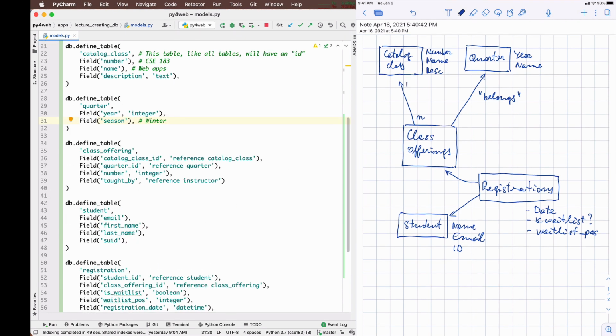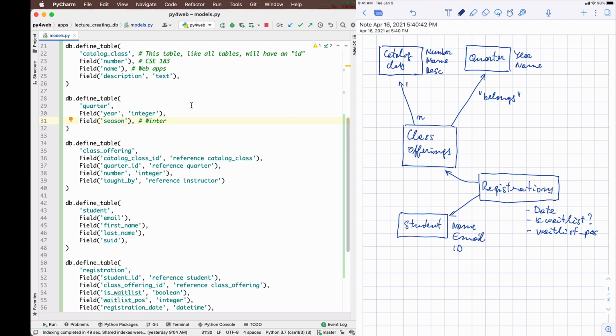Along with deciding the structure of the tables, you should pay attention to what happens when you delete information. For example, suppose you want to delete a quarter, because, for example, that quarter the university will be closed. What happens if that happens?